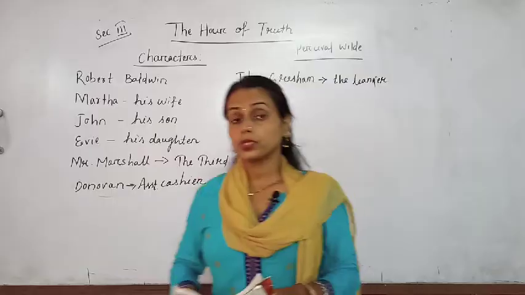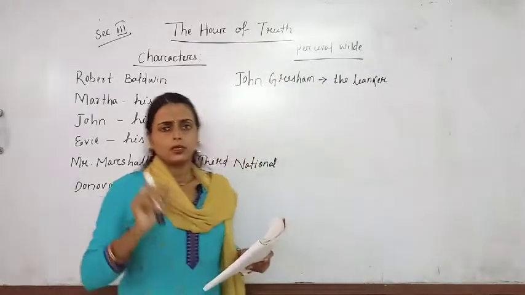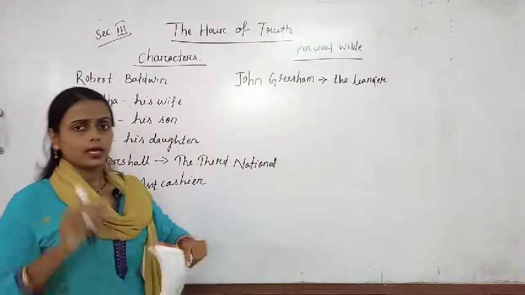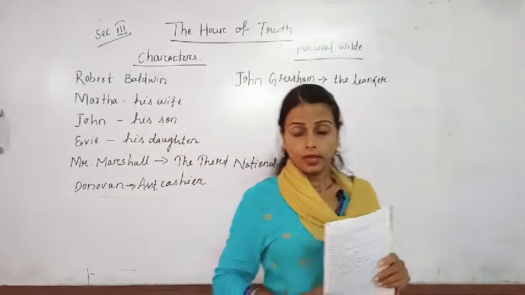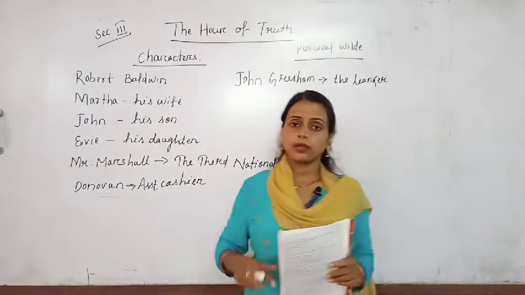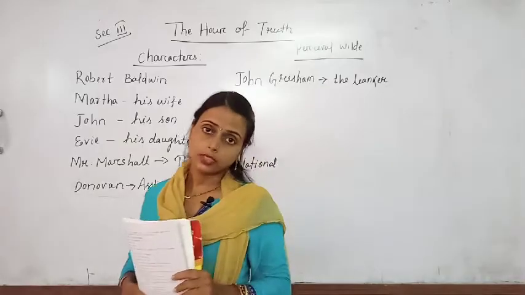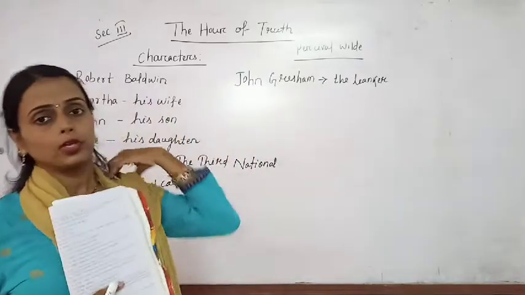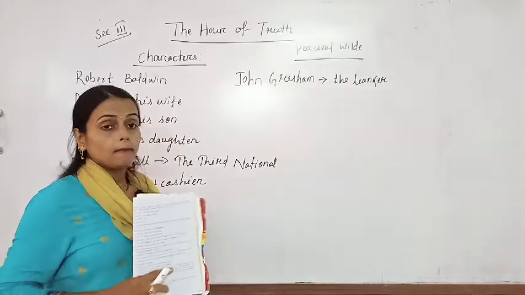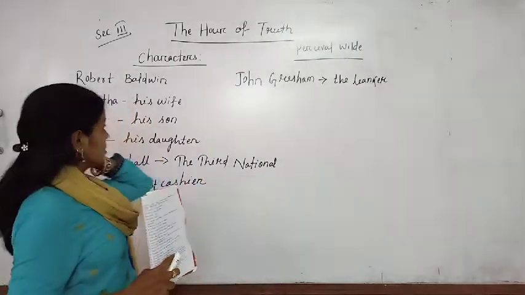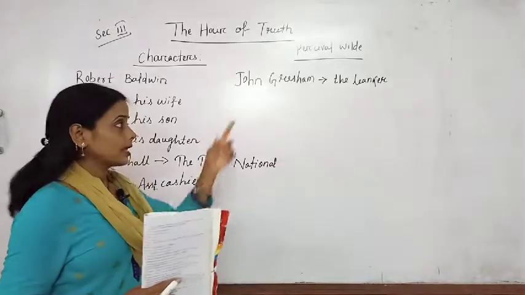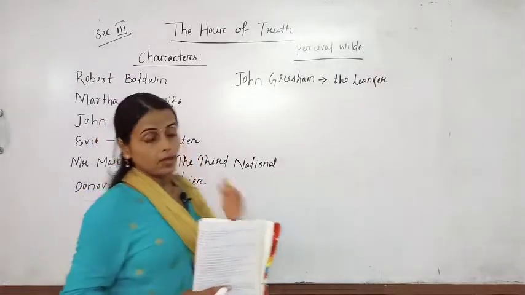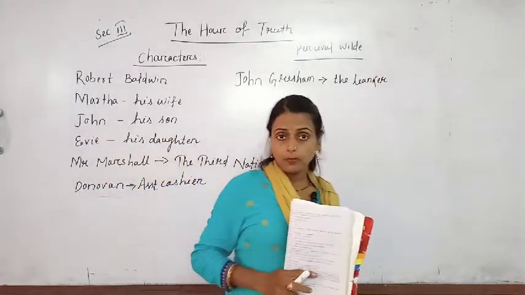Now, let us read what the theme was. John Gresham has done something wrong. That is why there was a fallout in the bank and it is being seized, and he is being arrested by the police, and the next day he is going to be in the trials. But the situation is that Robert Baldwin is the single witness against John Gresham, because